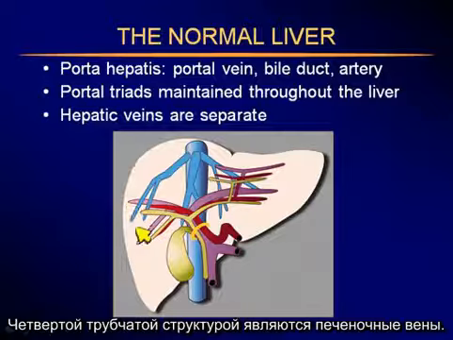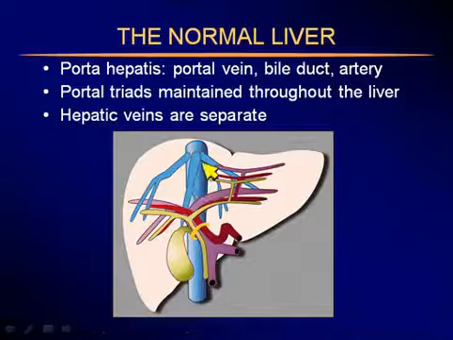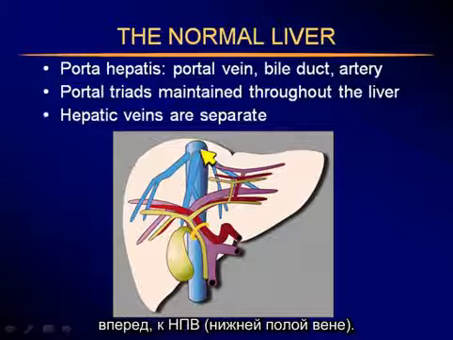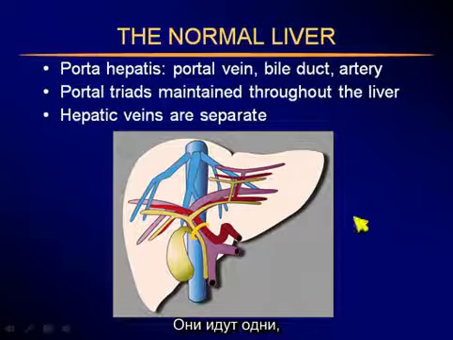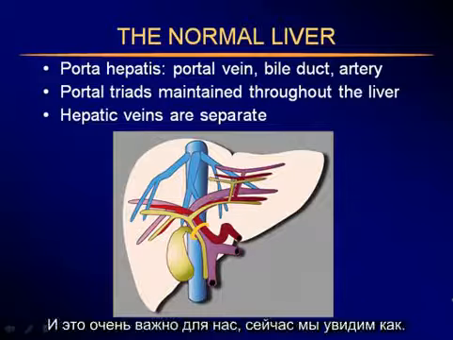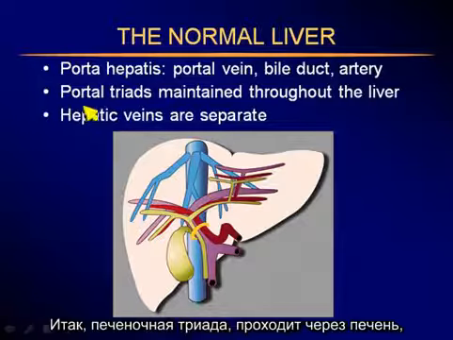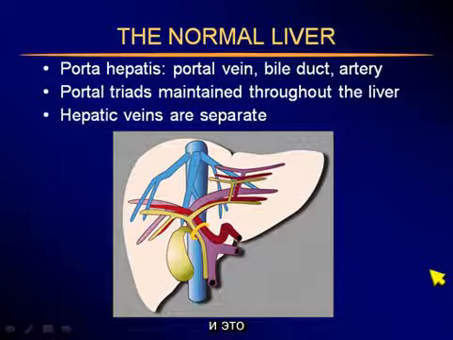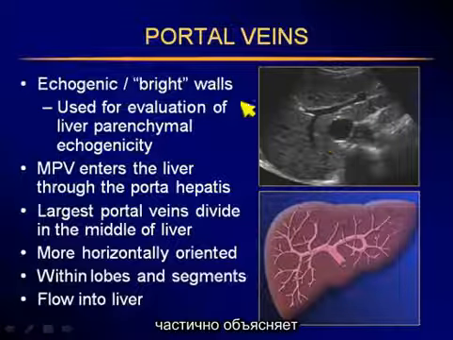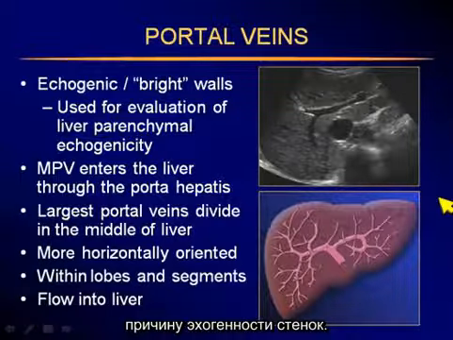The 4th tubular system is the hepatic veins. Now, the hepatic veins drain the liver superiorly towards the IVC, inferior vena cava, and they stand alone. They do not have anything associated with them, and that becomes important to us. We'll see in a minute. So the portal triads then are maintained throughout the liver, and that's partially what is causing this reflectivity